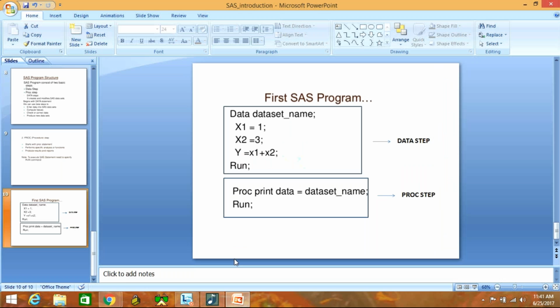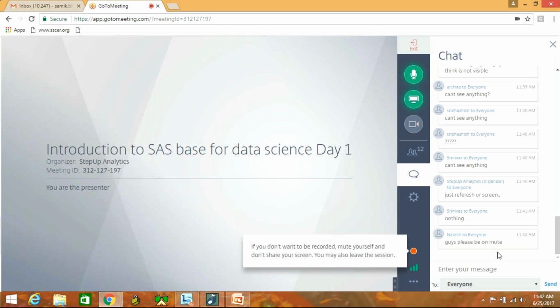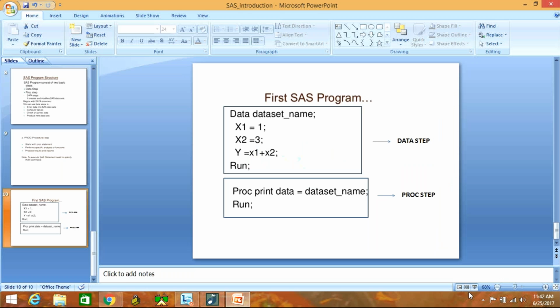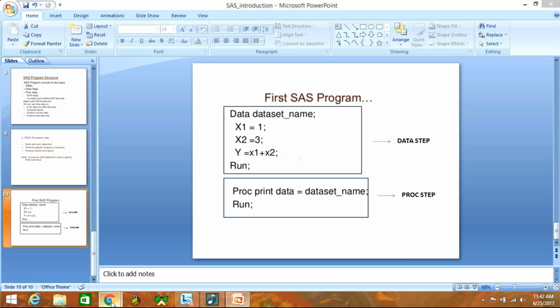Srinivas and all, just refresh it once. Okay, I guess people should be able to see the screen now.